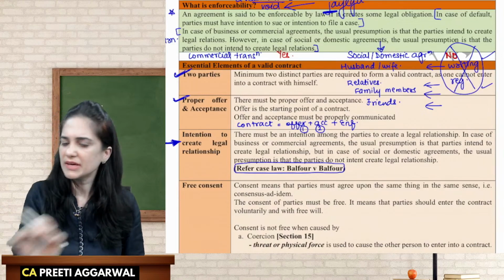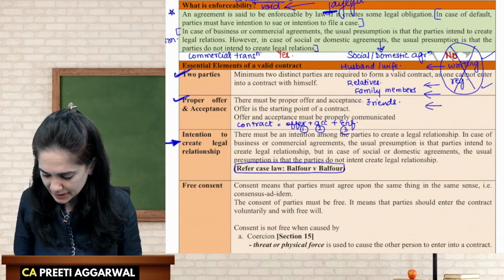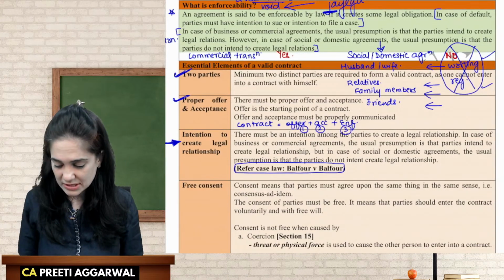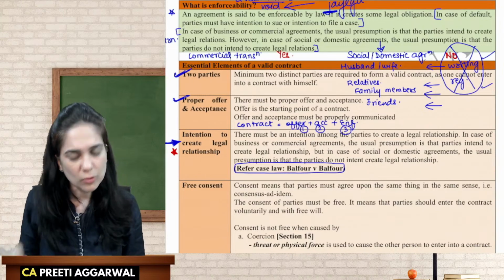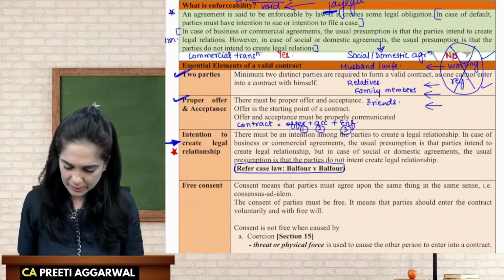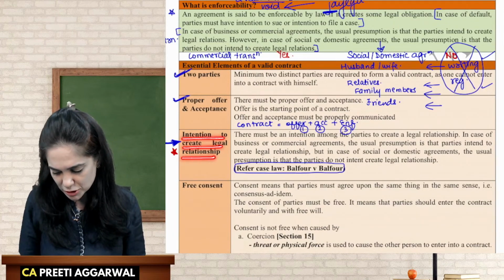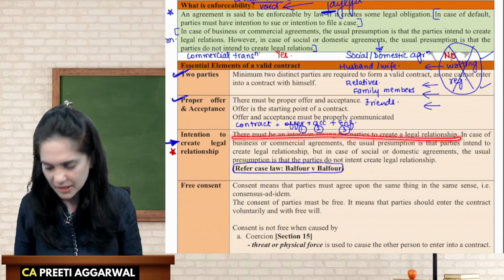Will this be asked in the exam? No, it will not be asked in the exam. The third element that I require is enforceability. Will this be asked in the exam? Yes, this is the most important element and a question, if asked, will be mostly on this concept only. Now, what is enforceability? Enforceability means that there must be an intention to create legal relation. If one party defaults, the other party can take action.